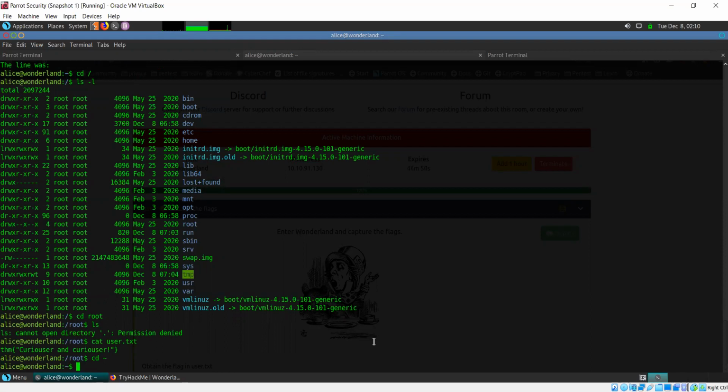Now we can try further enumeration. We can just try to see if there are some setuid files here.